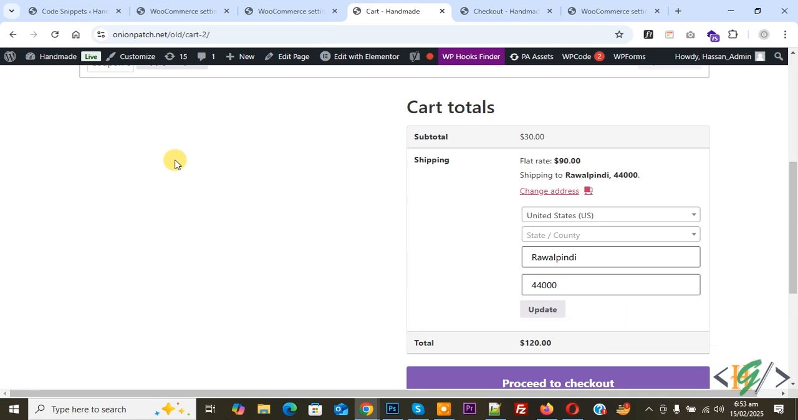So you can select US specific state or Canada specific province or multiple province or state according to your requirement. So we are going to apply free shipping. Now you see subtotal $30, shipping flat rate $90. We select US. So we are going to apply free shipping for US specific or multiple states or Canada specific